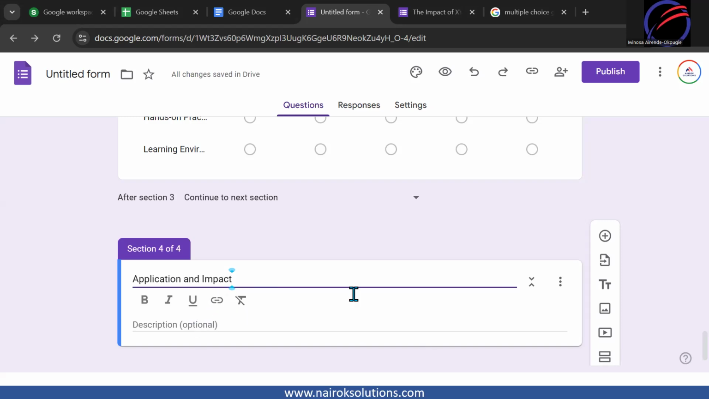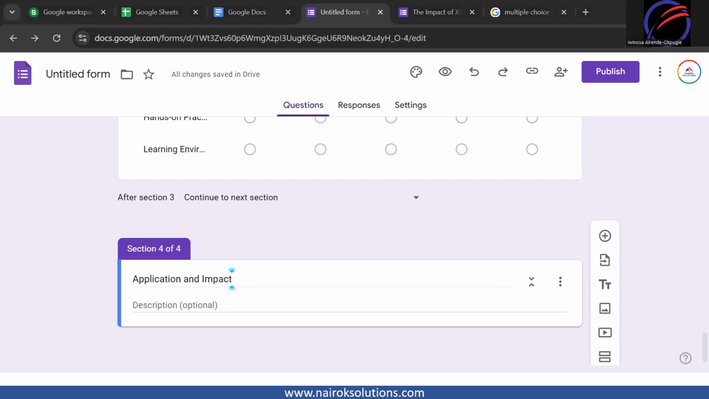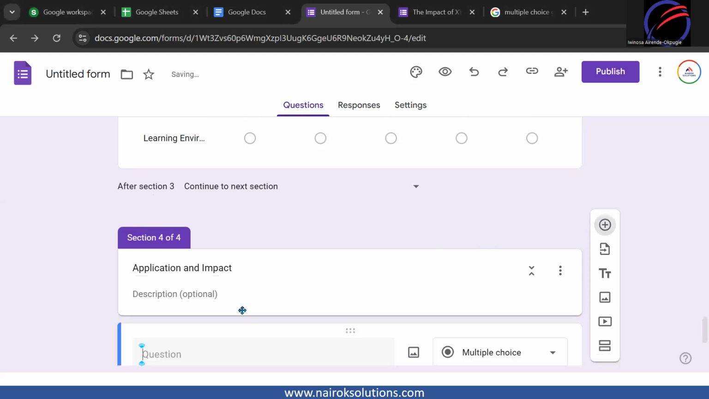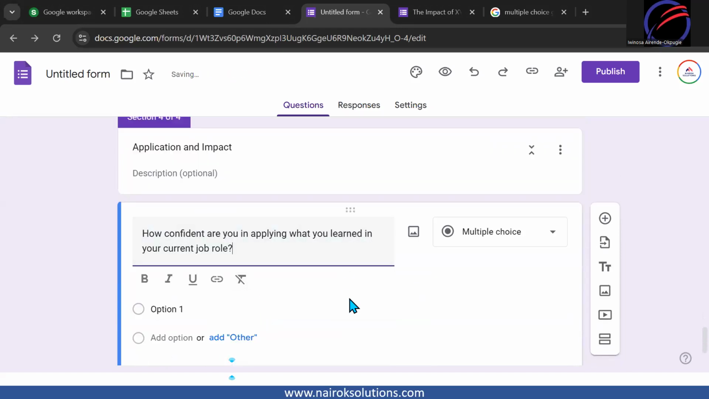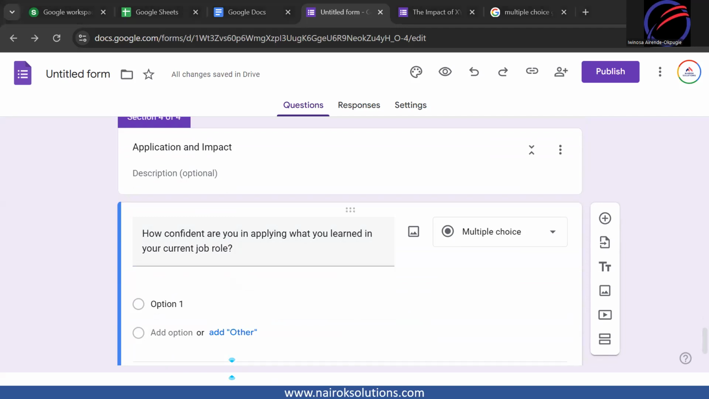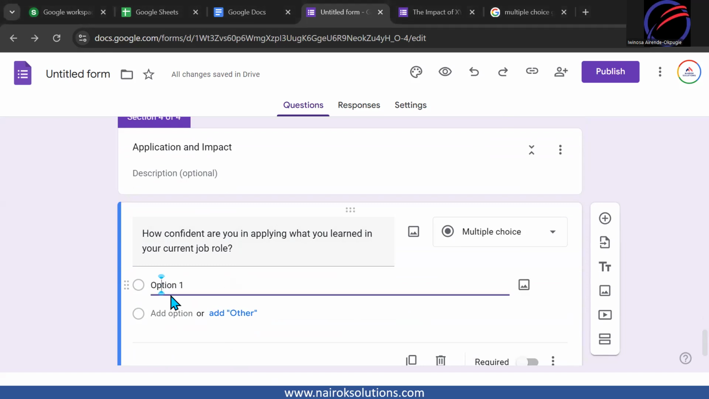So I can just play around with this. Add question. How confident are you in applying what you learned? So this should be a multiple choice question. So I'm going to come here. Where's my cursor? All right, so very confident, somewhat,